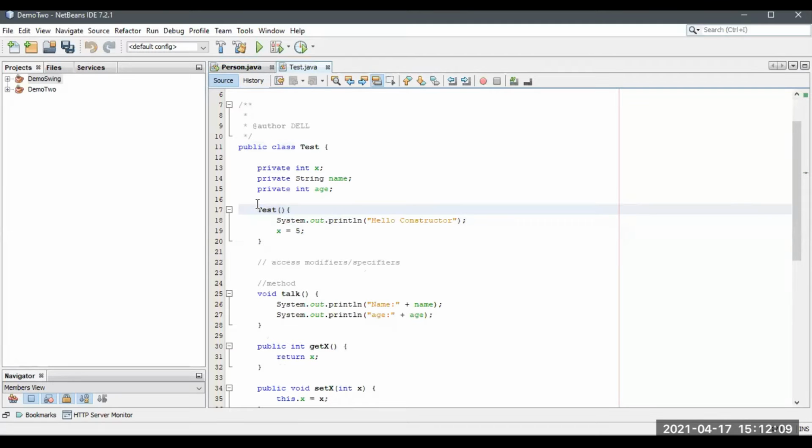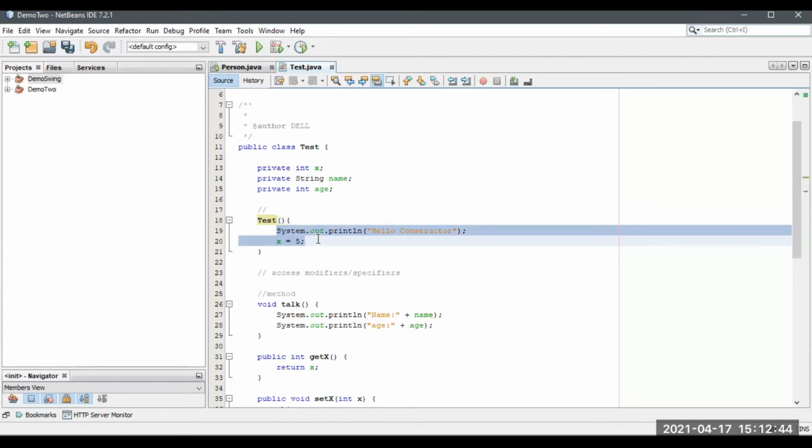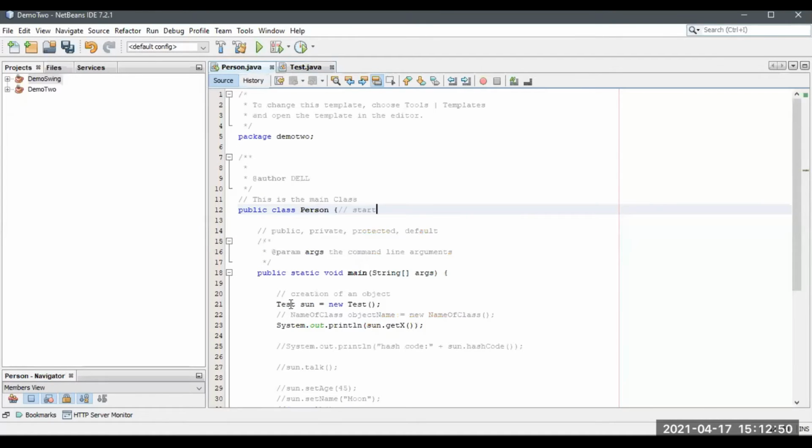So what are the different types of constructors? This is the constructor. I want to mention this again. Recall that it should have the same name as the class, and it ends with open and closed braces. Test is a class name, and this is also the same name as the class, and there should be braces. Whatever we mention inside this constructor will be accessed at the time of creation of an object.